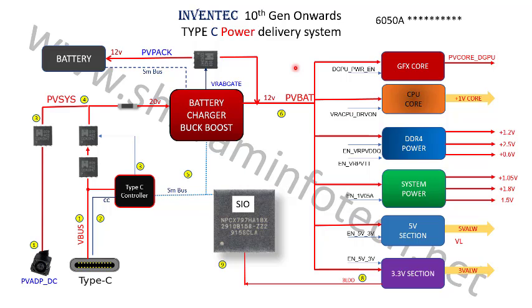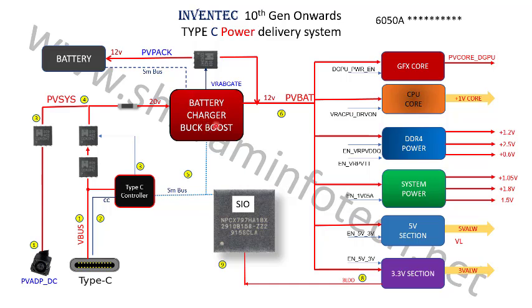Now, in the new generation laptops, from the 10th generation onwards, there are two power inputs. One is the DC power from the adapter, and another is the power from the Type C port. So here are the two power inputs. One is the adapter and another is the Type C port. And the third one is the battery. Now, in the Type C port, there is one circuit called the